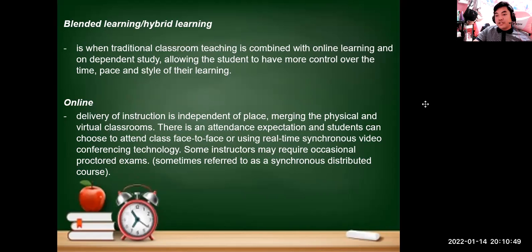So from the word blended, it is not purely online. So unlike today, there are schools here in the Philippines that are making use of blended learning. Okay? Sa ngayon, ngayong pandemic, merong mga, most especially private schools, they're making use of this type of mode of